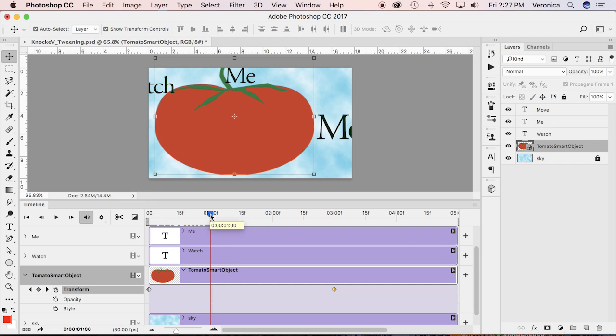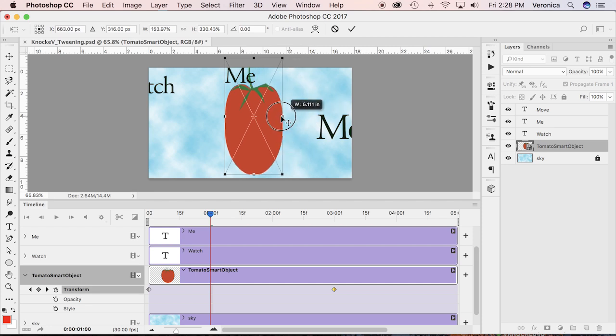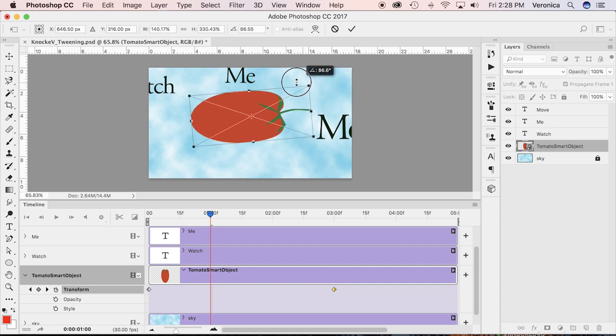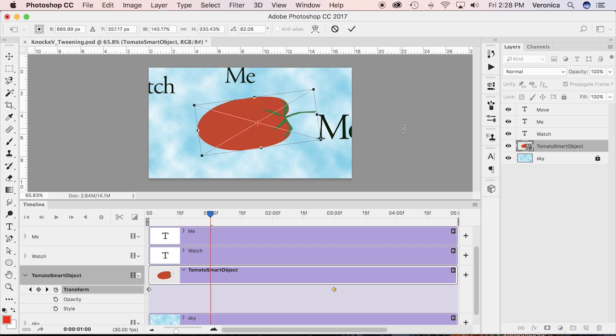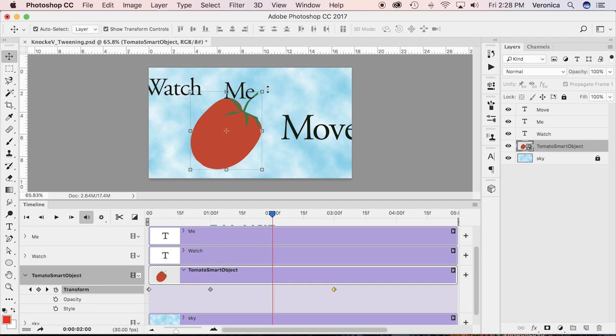Now at this point, I want to change the proportions to make it stretch or squash. I'm going to make it get smaller and skinnier, and now I'm going to rotate it. I'll rotate it just short of a half turn to the right, because if I do a whole half turn, it won't go back and forth, and that's what I did in class, so it did an entire turn. But I just want it to do a part of a turn, so I'm going to go to the next keyframe. I'm going to say OK, and I'm going to go to 2,